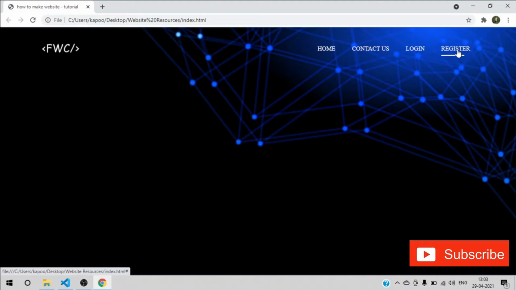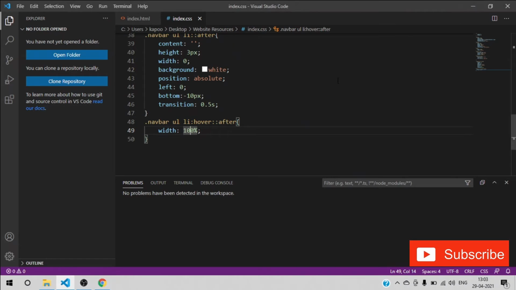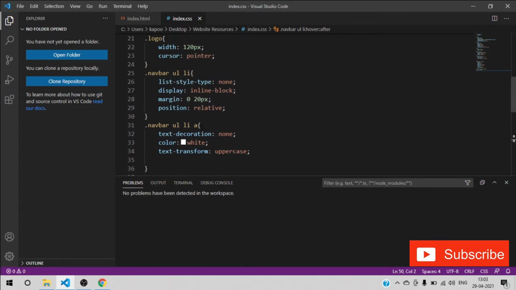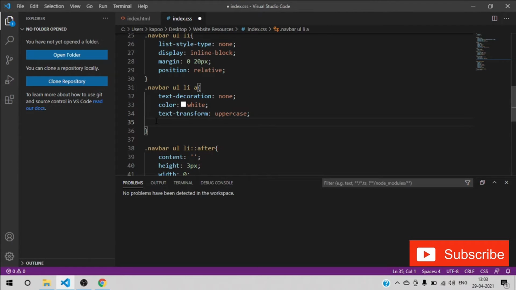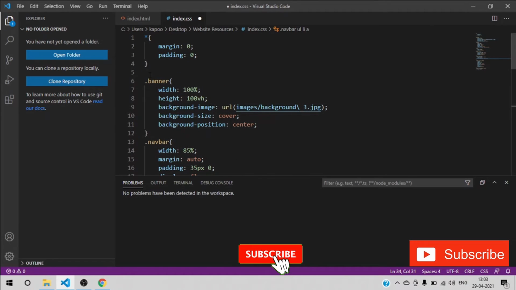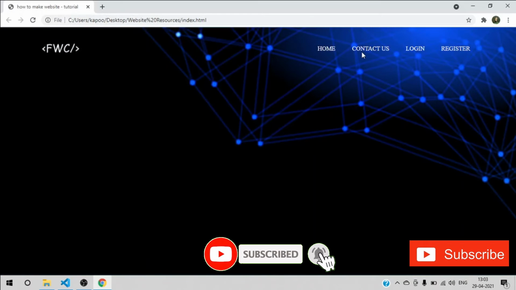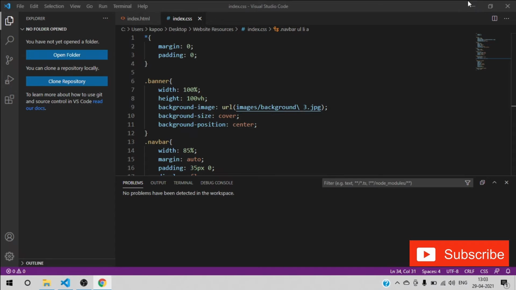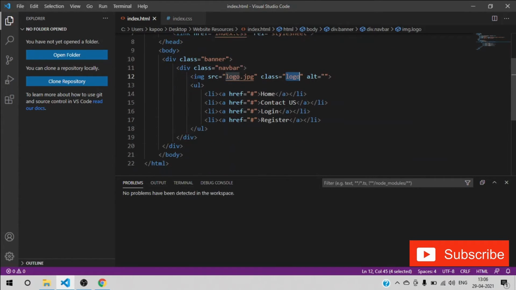It is looking much prettier than before. Okay, so what next is we will be adding one div tag, and we'll be giving one good looking text to our web page. Okay, just open the index.html file. After this div tag, just create another div tag with the class of content, right?